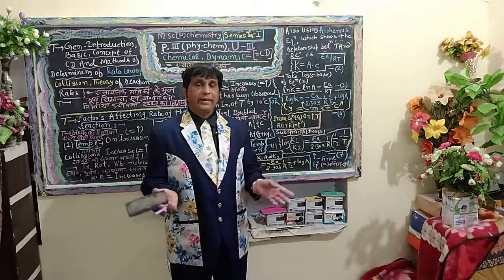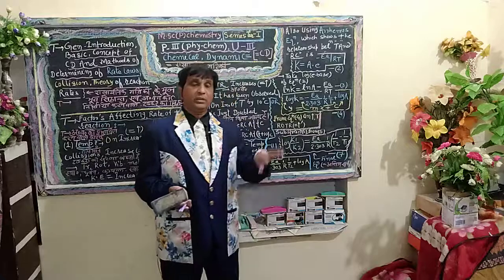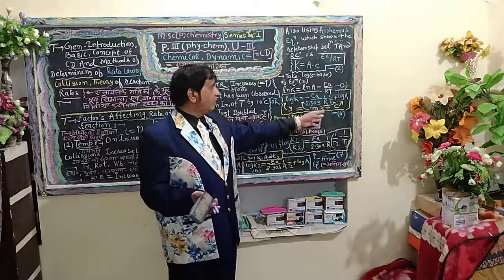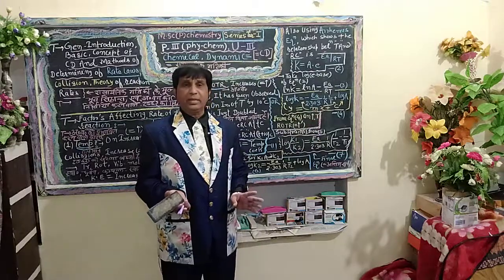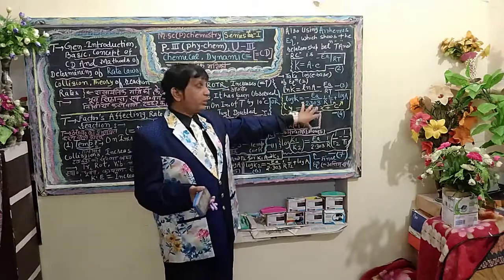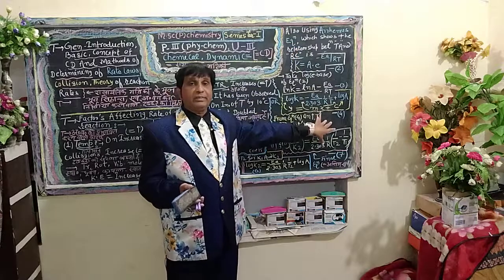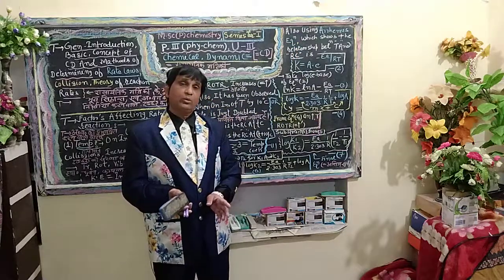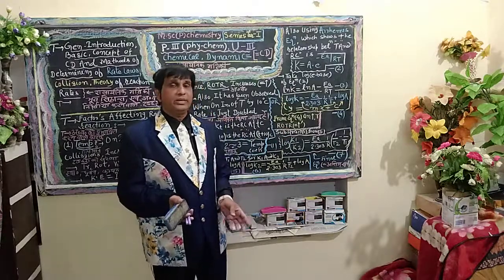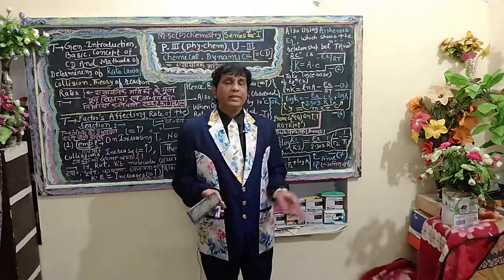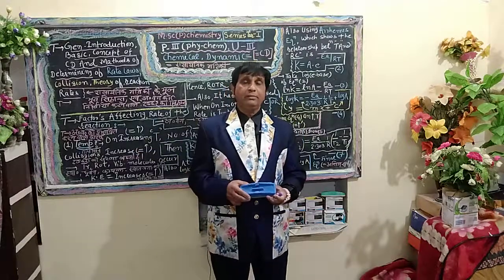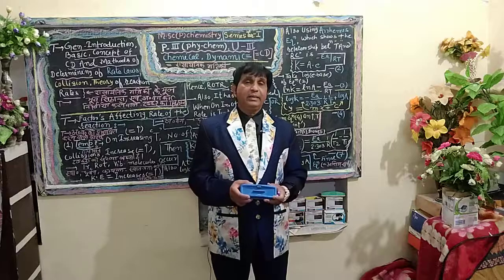Now a profile is plotted on the graph, in which y equal to log K is chosen as the ordinate and x equal to 1 upon T as the abscissa. In such a plot, a tangent drawn from the upward direction to the downward direction gives a negative slope. So it has also been proved graphically that on increasing the temperature, the velocity of the reaction increases. The rest of the information about this factor affecting the rate of reactions with temperature we will deliver in the coming lectures.